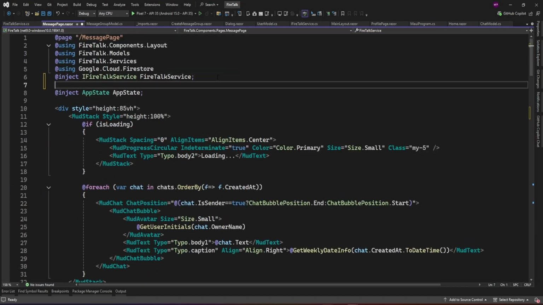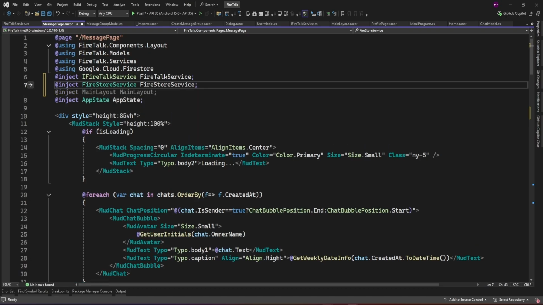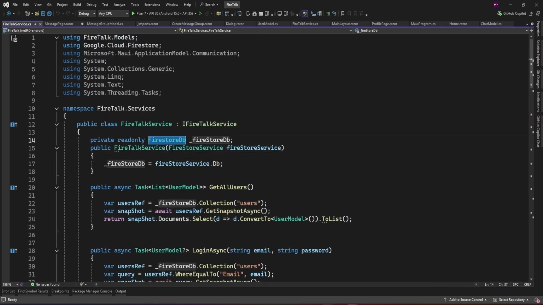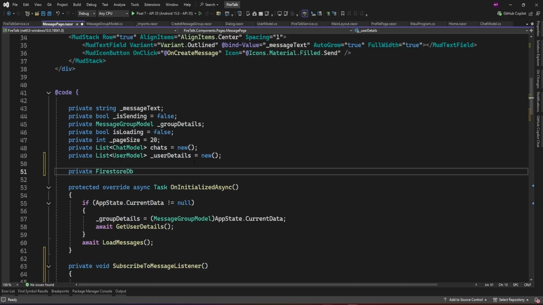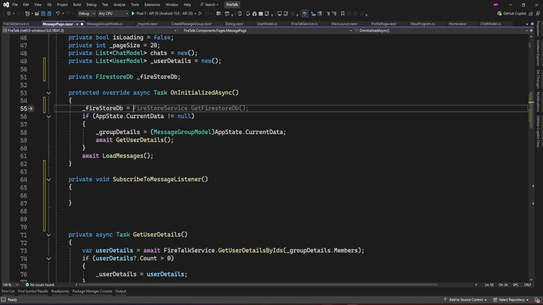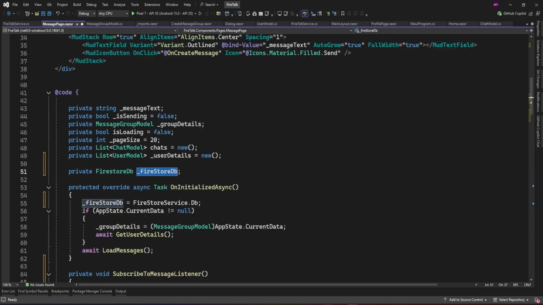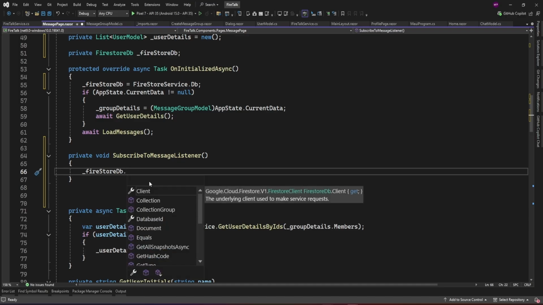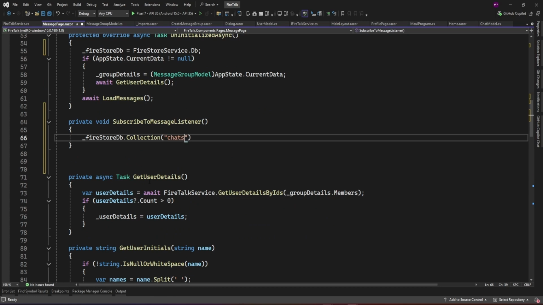Another thing I'm going to use here, Firestore service, and here Firestore DB object I'm going to create. Okay, so from the Firestore service, I am going to take this database reference and assign to this variable. Now using this Firestore DB, I am going to subscribe to listener. So for that, here from the chats collection,